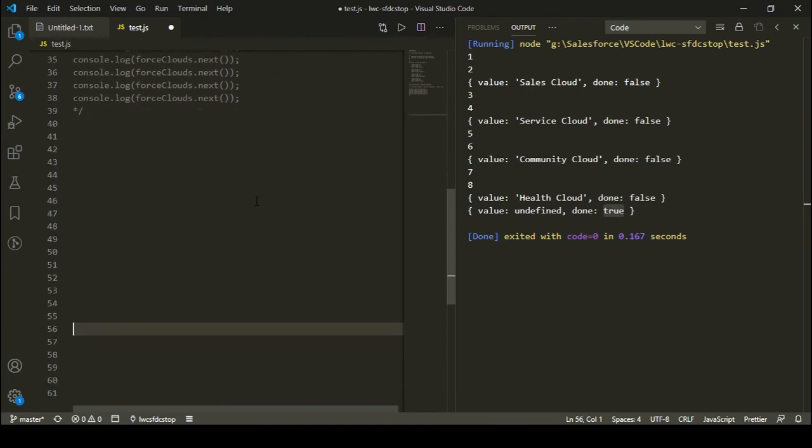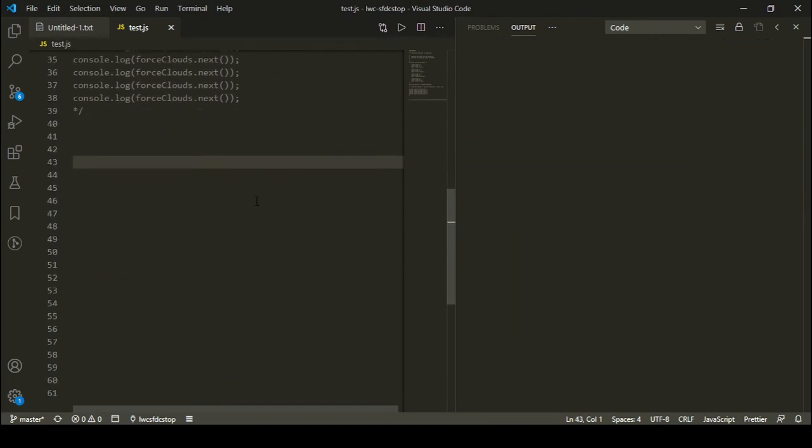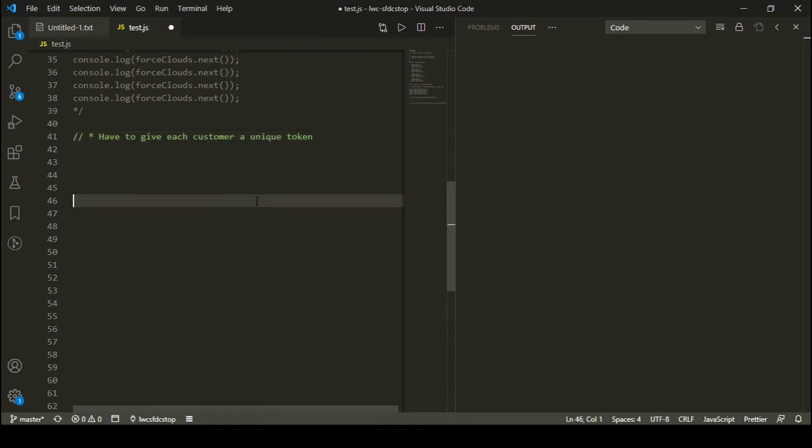So let's say I have a service center where I am going to get my vehicle repaired or serviced, right? This service center has a JavaScript application, and they don't have any kind of backend. Let's say they have a very simple JavaScript application which is used for giving tokens to the customers that are getting into their service center. So what is the scenario? I have to give each customer a unique token, right? And I have no backend for this.